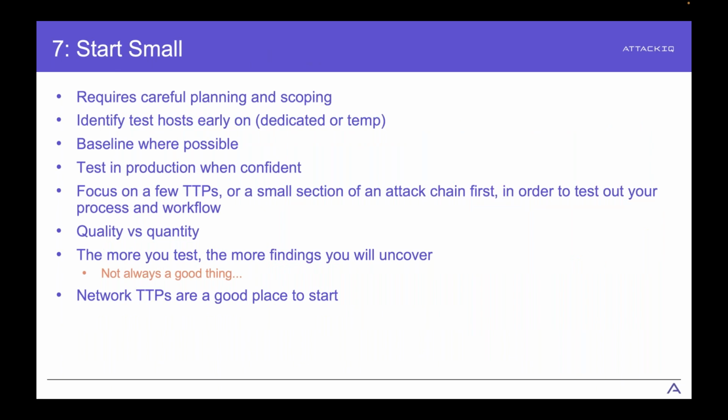So nearing the end, and conscious I'm running out of time now, so I'll try and be quick for these last few slides. Number 7, start small, right? I mentioned this earlier, it takes careful planning and time and precision to scope out a successful assessment. It helps to have all the stuff I've mentioned before. It helps to have good communication. It helps to have environment information to hand. It's a good idea to have test assets available to you where you can perform unit testing before rolling out to a wider scope of assets in the environment.